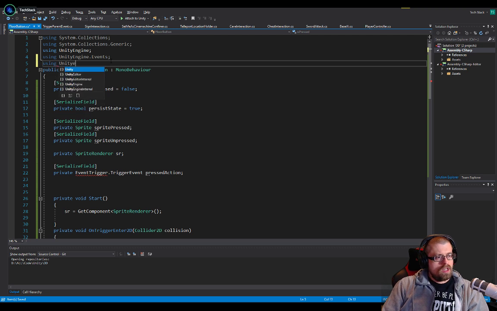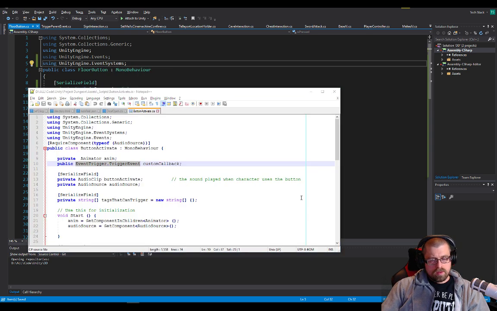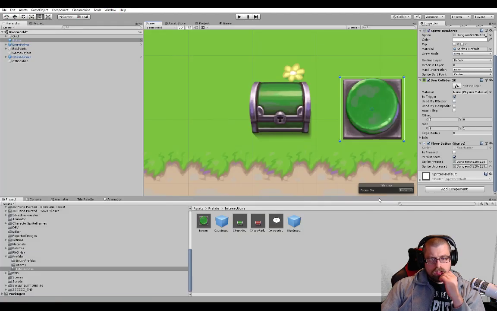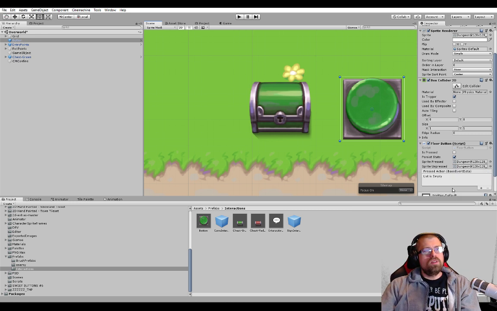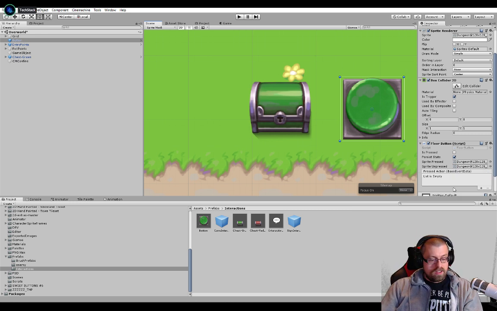Using UnityEngine.EventSystems. Now when you compile it, do you give me it? Please? Haha! Yes! So this is something that I don't see used very often in other programmers doing streams and things,